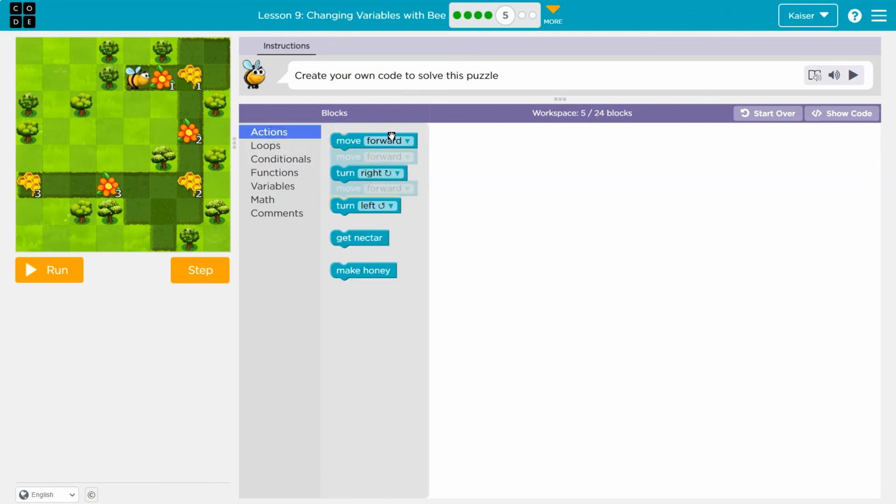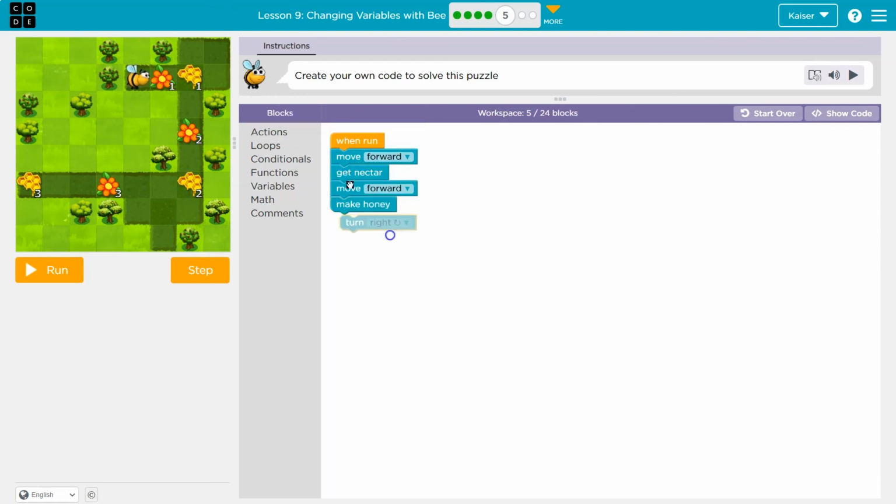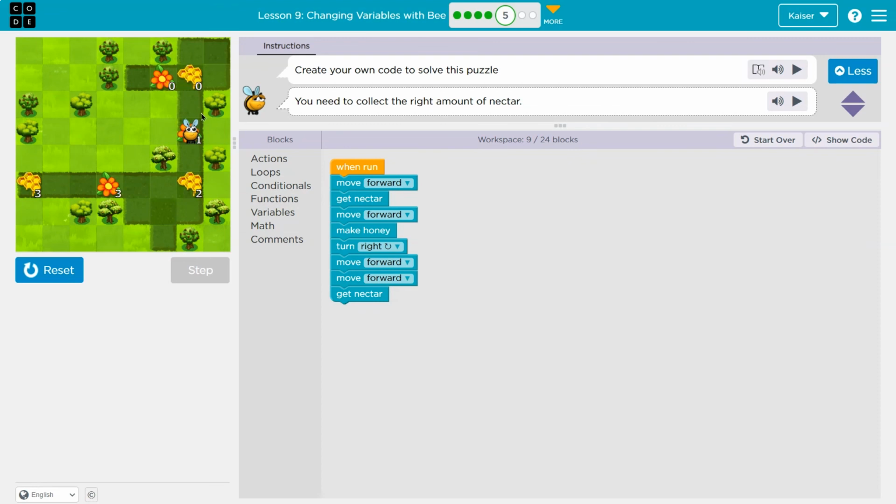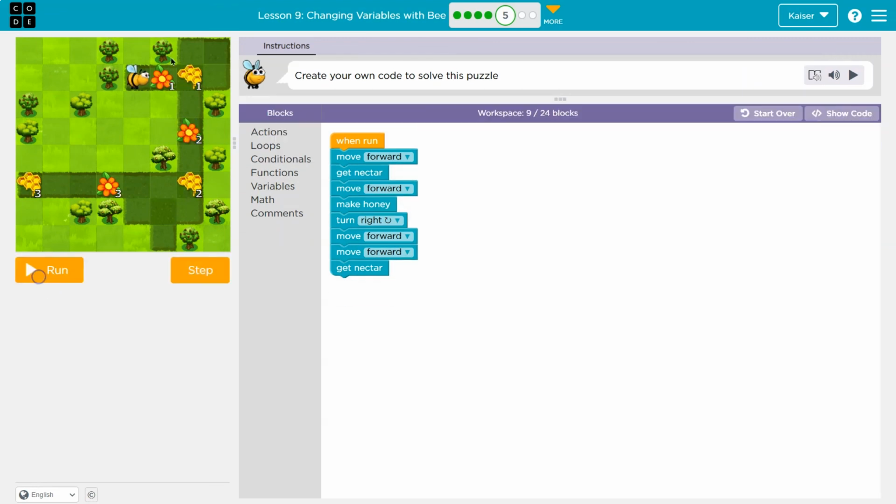Okay, so I can kind of see what I'm going to need to do. Turn, and notice I'm probably going to use too many blocks, but that's fine right now. I'm just testing. Oh, I want to turn right. And then what? Well, move forward. Looks like twice. Get nectar. Let's see what all this does. Okay, well that's looking all right, but notice it goes up by 1 each time, and we just saw that in the last puzzle, okay? So first off,